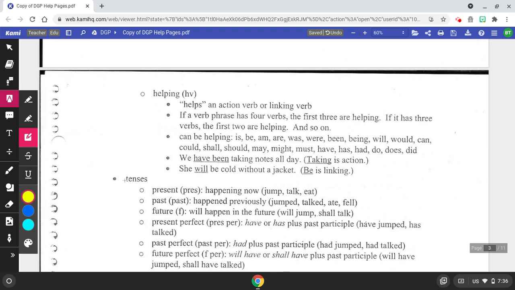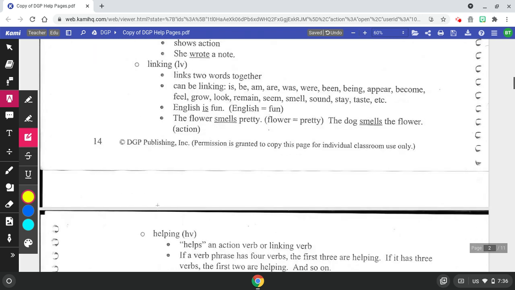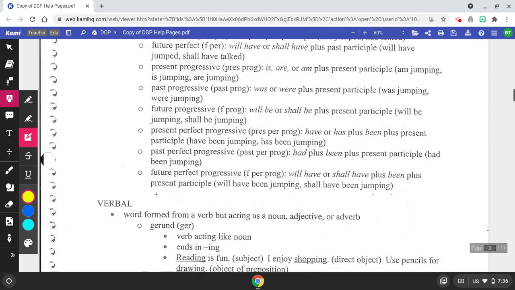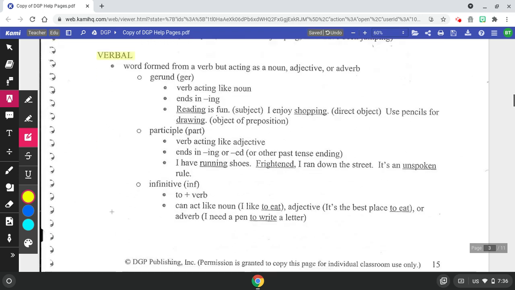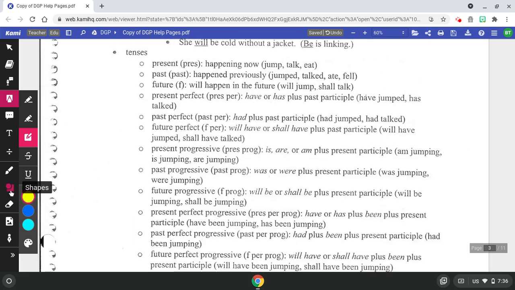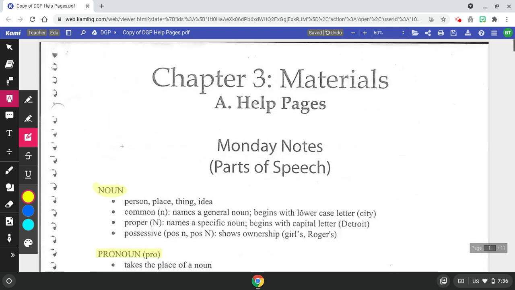Okay, this right here, do not highlight tenses because you're going to attach a tense to the verb. So let's hold off on that. And then the last part of speech on Monday would be verbals. Okay, so now that we have all of our parts of speech highlighted, the next thing that we're going to